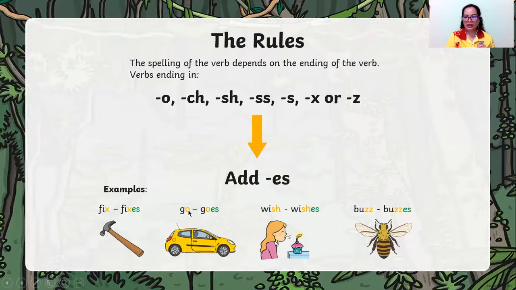Okay, go. Go ends with letter O. Therefore, we are going to add ES. Go becomes goes. Next, wish. Wish ends with SH. Therefore, we are going to add ES and wish becomes wishes. Next, buzz. Buzz ends with letter Z. Therefore, we are going to add ES and it will become buzzes. Next,